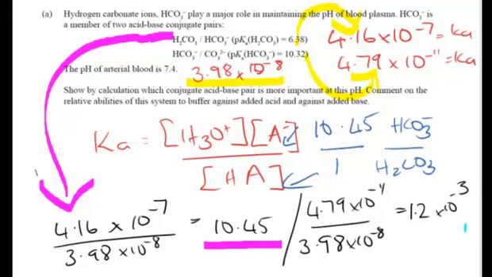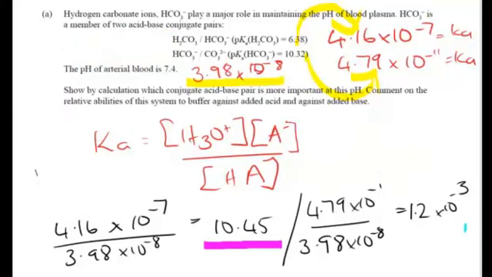So obviously in this case this would be much better at buffering the addition of an acid, if it's a base, and not so good at buffering the addition of a base because there's not that much acid present. That's that one. Now in this one, the second buffer pair, we get 1.2 times 10 to the negative 3,